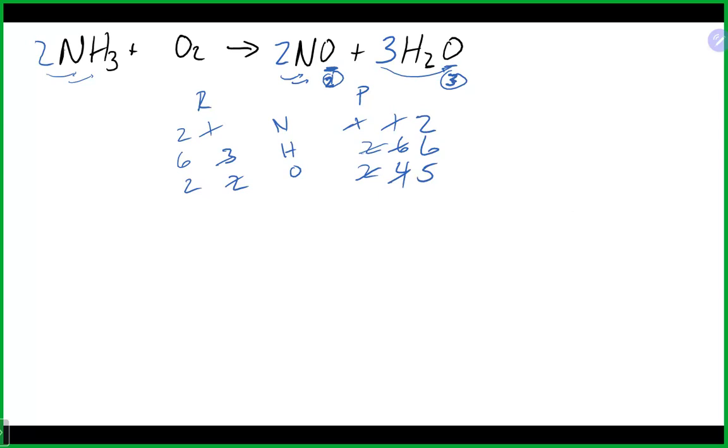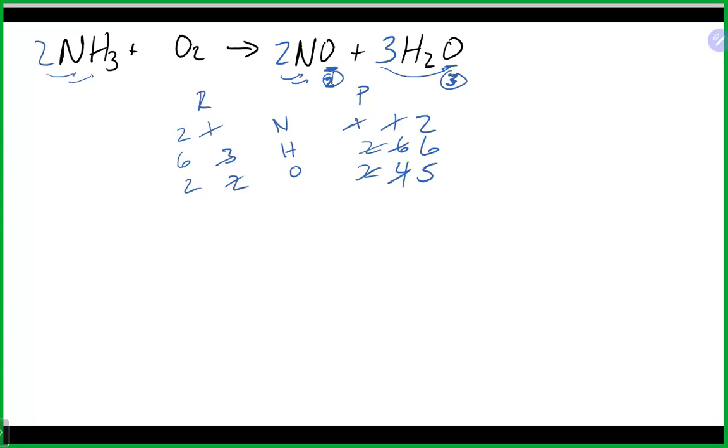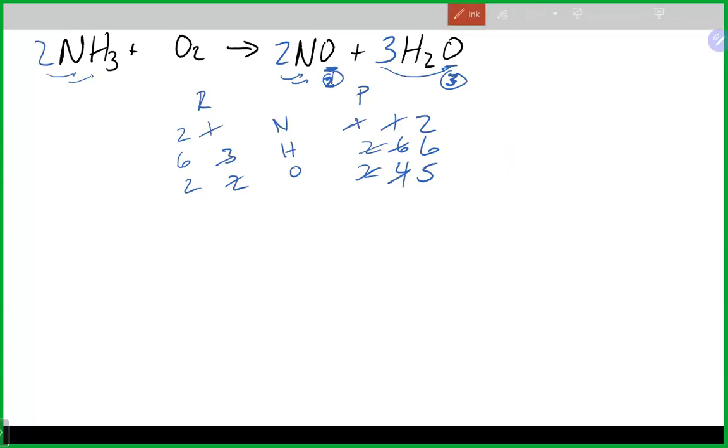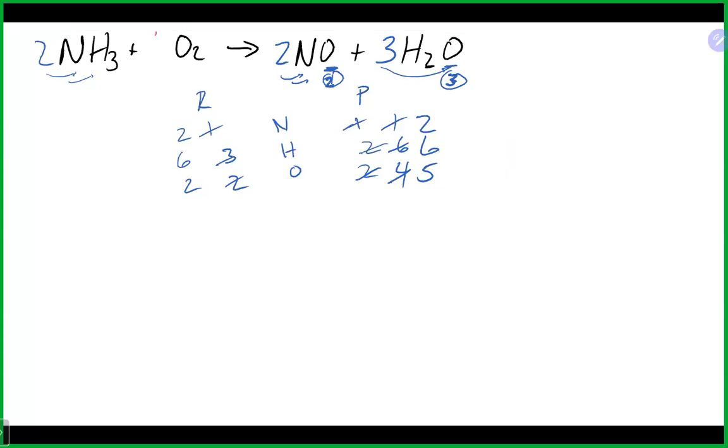One option is we can just go to the next problem. No, I'm just kidding. We can erase coefficients, which seems like a very bad idea. So what we basically need to do in this situation is we have 5 oxygens on the right, and we only have 2 on the left. We need a way to turn our 2 on the left into a 5, since that's the only open spot to do so. And one way that you could do that is you could actually use something like perhaps 5